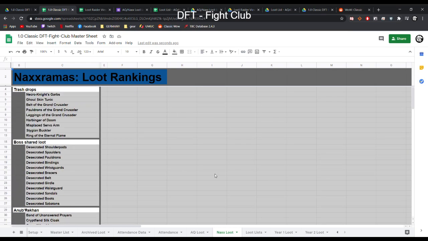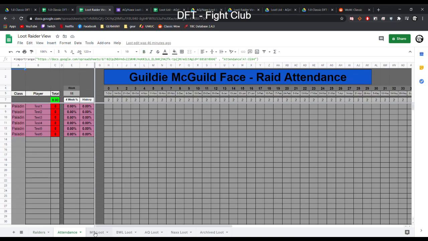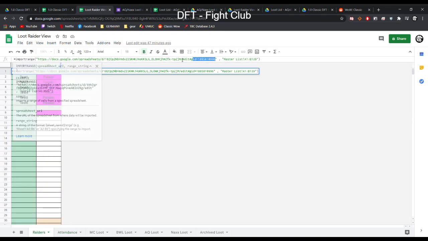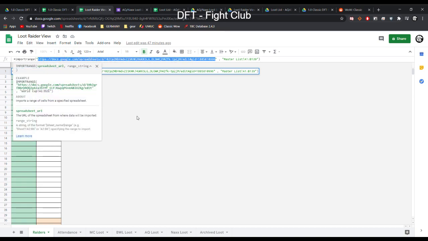So now that you have a working sheet with a bunch of loot submitted from your raiders, what you'll actually have to do is you have to go to your raider view form here. You can see that it imports the data from the other sheet. And it's importing everything else. The biggest part here is because it's importing, you can see it has a link